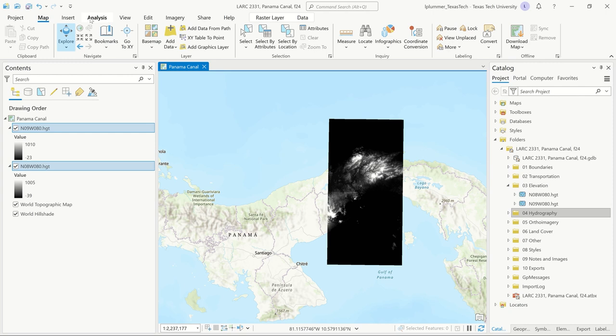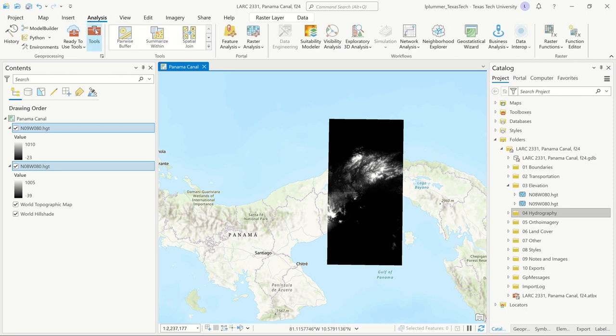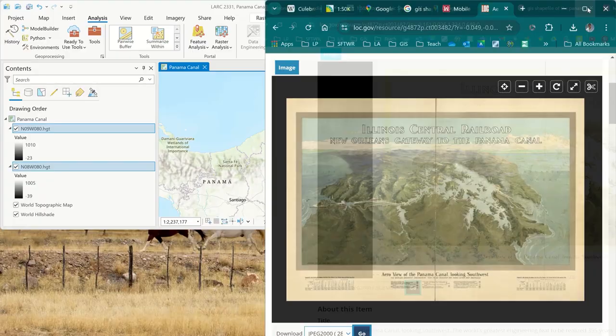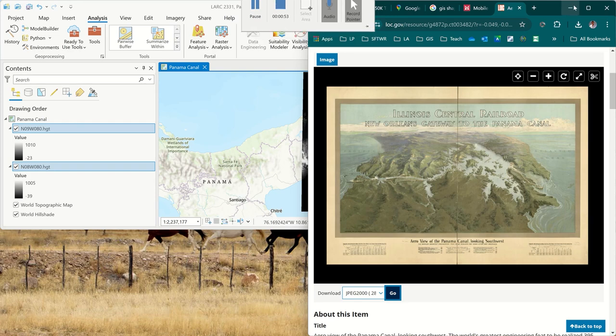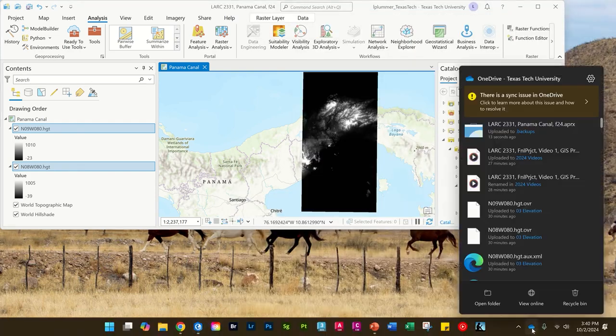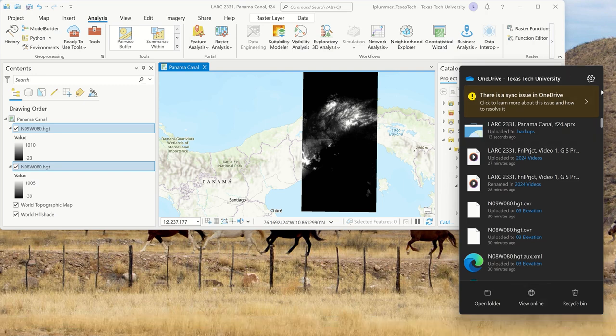this analysis tab is what you're looking for. Okay, and this opens up a whole bevy of tools for you to use. Now, anytime I start to do this geoprocessing, that's when I will go down. It's hard for me to do this when I'm screen recording, but I'll go down to the bottom right hand corner of my screen, and I'll go to the OneDrive, okay, and just pause it, okay,